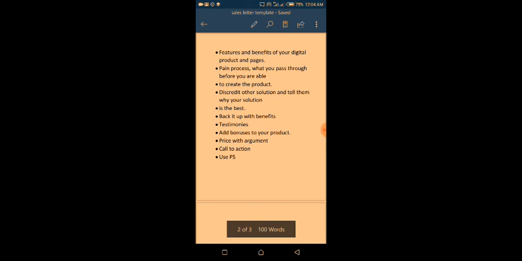After this, the next thing is pricing with argument. When you want to price your products, there's a way you price them. So when you want to price your product, you can use the approach used at maybe Shoprite, whereby if they want to sell a product, instead of